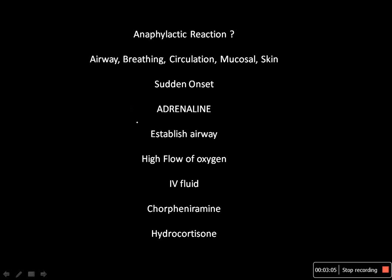The question is, why do we push adrenaline in an anaphylactic reaction? Adrenaline works on alpha 1, beta 1 and beta 2 receptors. Alpha 1 receptors will cause vasoconstriction, so it will increase total peripheral resistance, and finally the blood pressure would improve. By acting on beta 1, it would give a positive chronotropic and inotropic effect, so it would stimulate the heart rate, and finally the blood pressure. And by acting on beta 2, it would dilate the bronchial tree. So this is why we give adrenaline, and we'll talk about the dose and dosage form